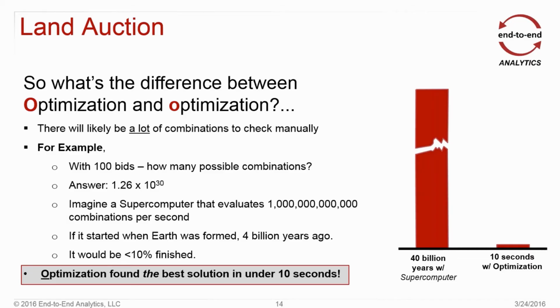Once they got all the bids in and took a look at it, they just threw their hands up in the air and said, okay, guys, we're just going to pay the full bonus. Tell us what to do. So there's a lot of value that optimization can bring just in helping to solve complex problems like this.